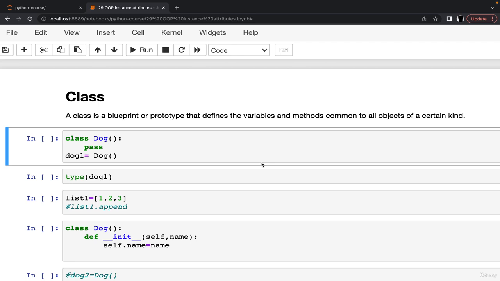In this part, we are going to talk about object-oriented programming. First, we are going to talk about the class. A class is a blueprint or a prototype that defines the variables and methods to all the objects of a